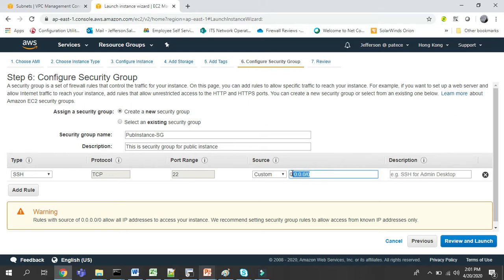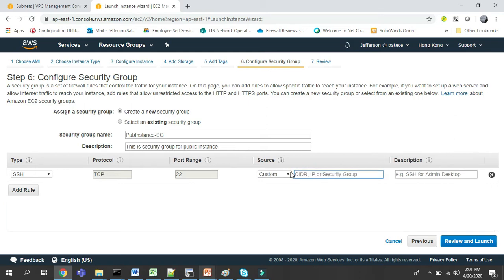We have to specifically assign the IP addresses that can remotely access the instance. So in my case, my network